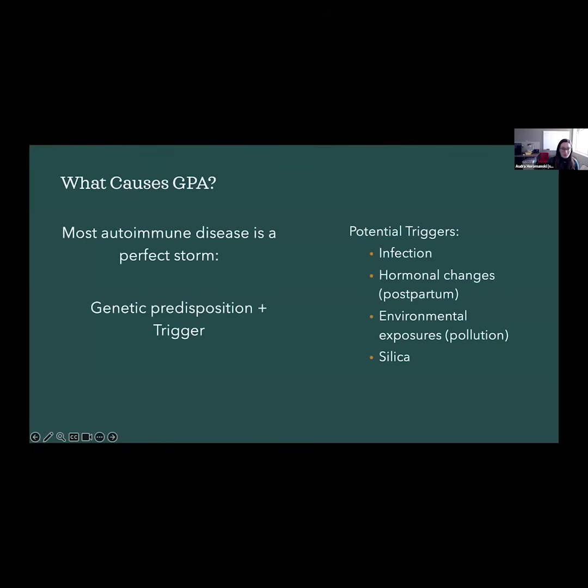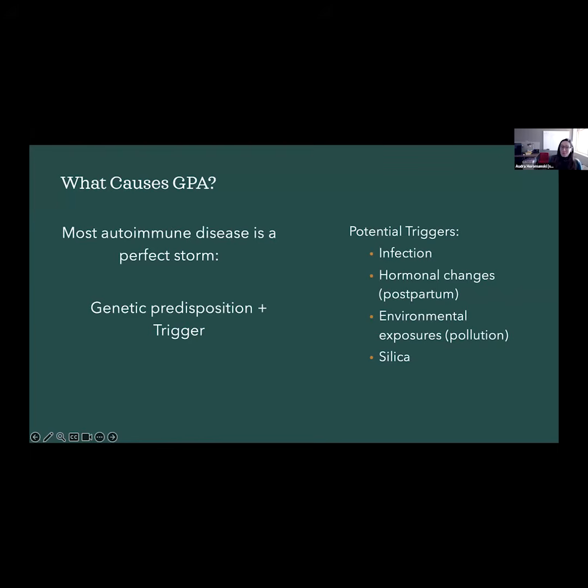But in that subset of people, there's some sort of trigger that happens in their environment, and that trigger can be many, many things. Sometimes it's an infection, so commonly things like strep or staph infections, or in the case of the COVID pandemic, we saw a lot of new autoimmune diseases that developed after COVID infection. Basically, your immune system becomes very active when it is fighting off some sort of infection, and sometimes it can become overactive or active in an inappropriate way. And that's really what's happening when an autoimmune disease starts.